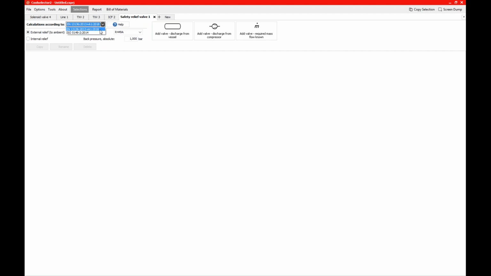If we talk about industrial setup, then this is what you should go for. Let's keep the refrigerant selection. You can select the external relief to the ambient or internal relief, the back pressure as an absolute one, and from there you go on with that